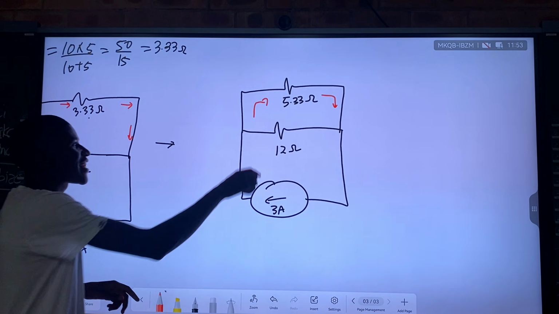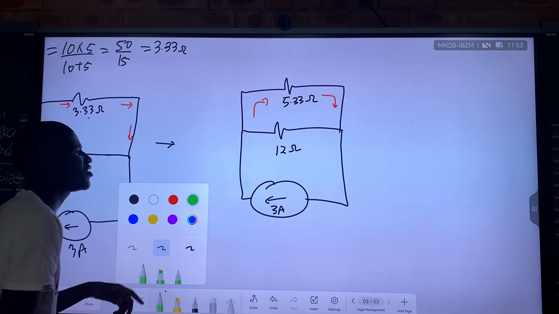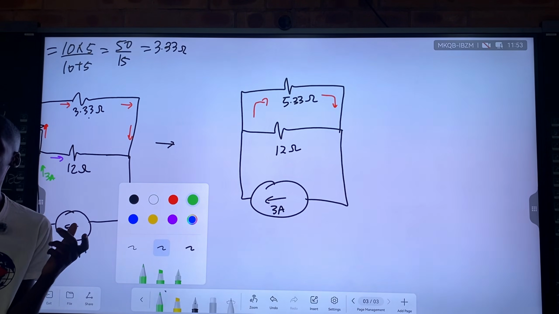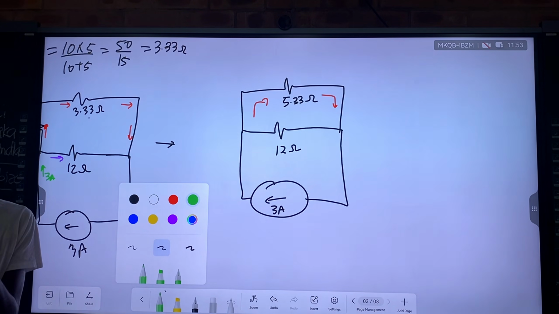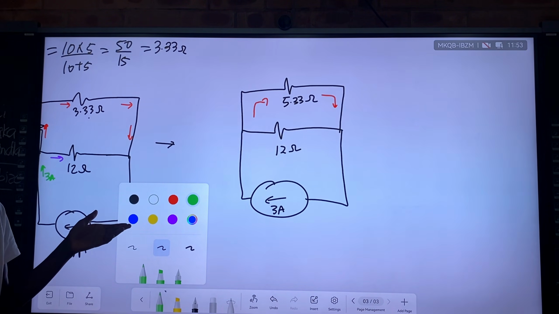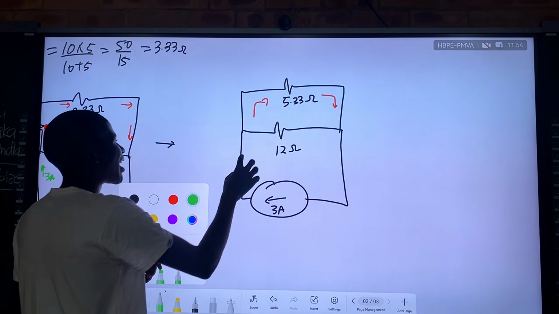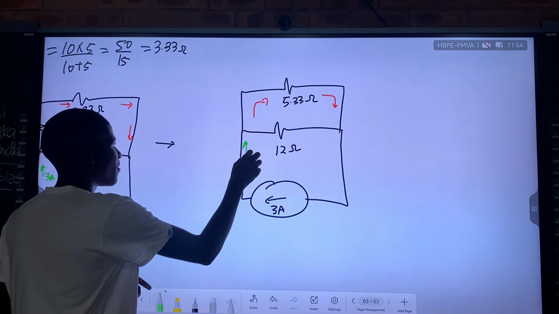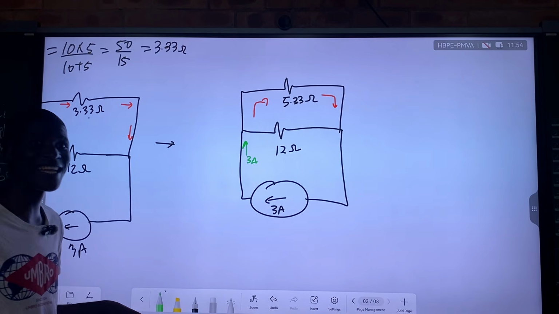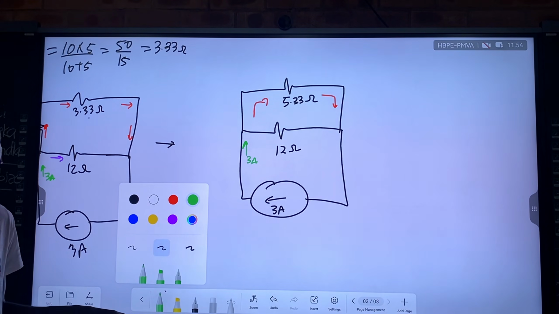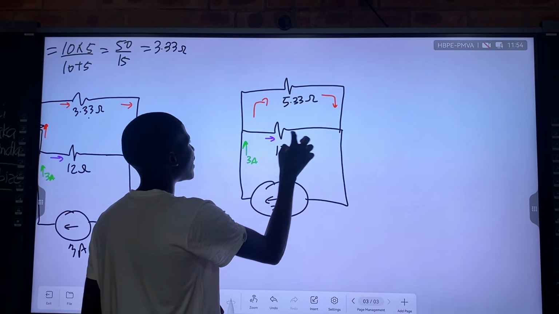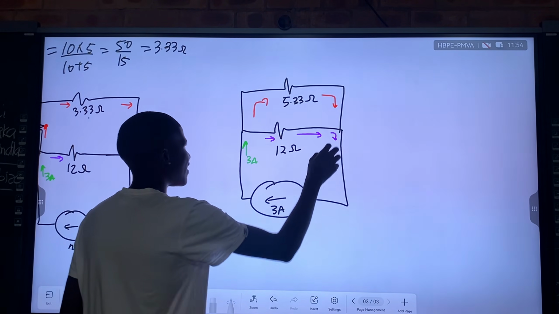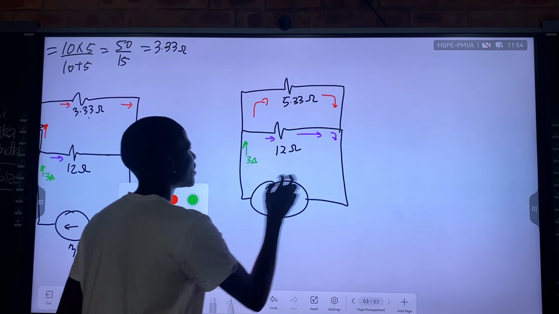So, this red current, let's calculate it using colors. Maybe my colors will help you, because my colors make you see what the current is. Use the same black pen to draw all these currents, and you will see it changes into something different. Now, when they combine here, they form the total current again.